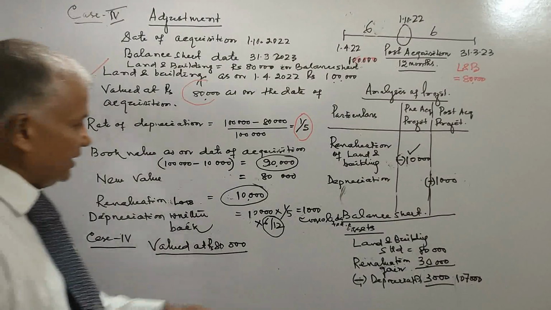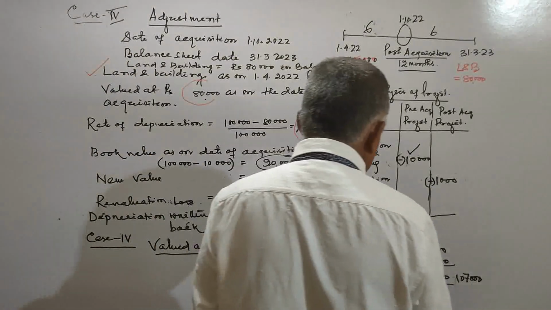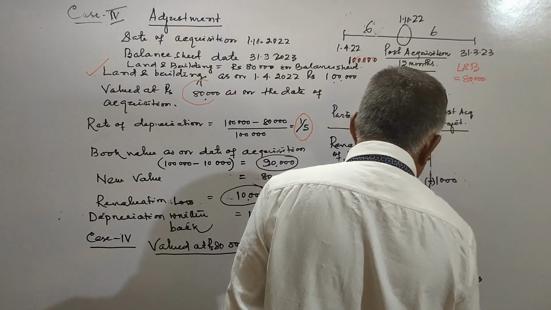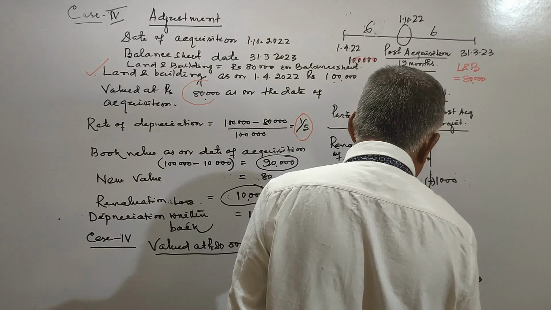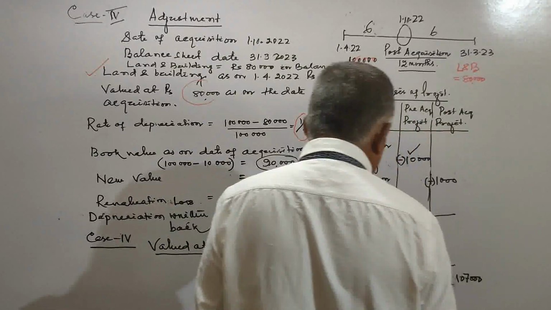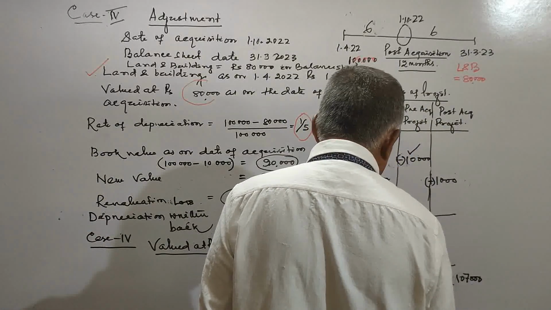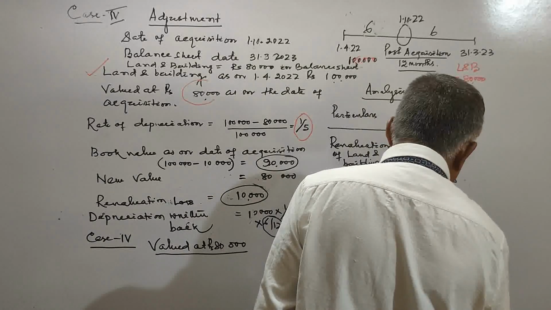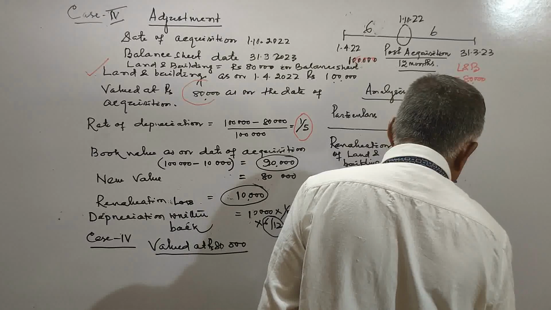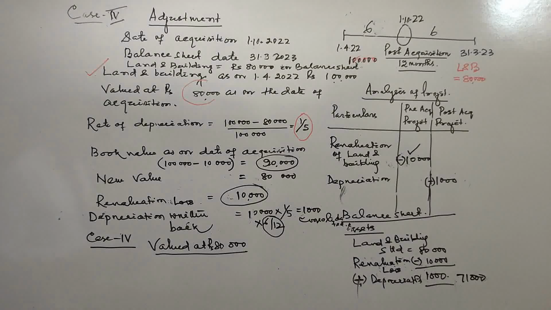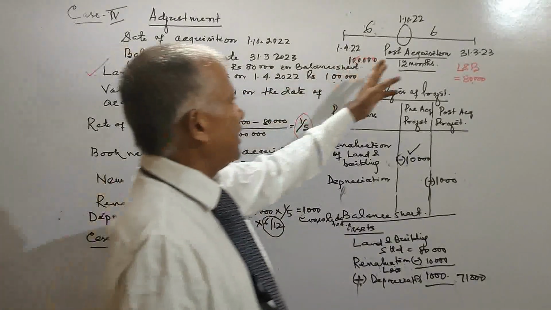And in case of consolidated balance sheet, this is a revaluation loss, so it will be minus 10,000, and depreciation written back, this is your 1,000 plus, this will be your 71,000. So if you know the technique, this is very simple,